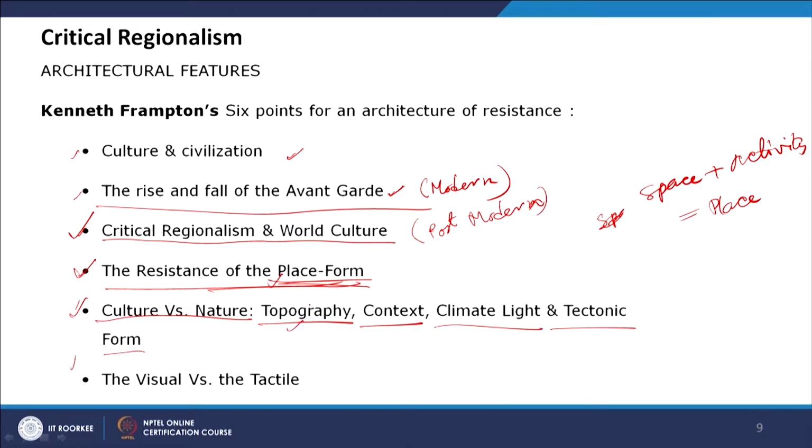With the tectonic, what is the material of this particular stone or